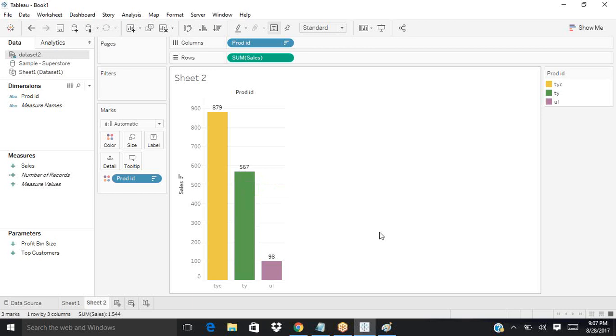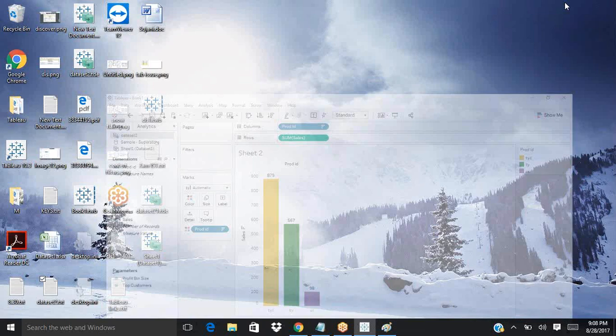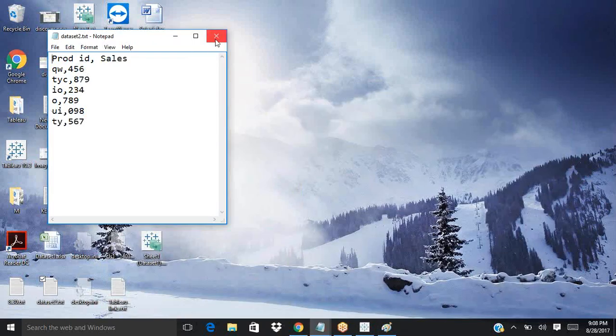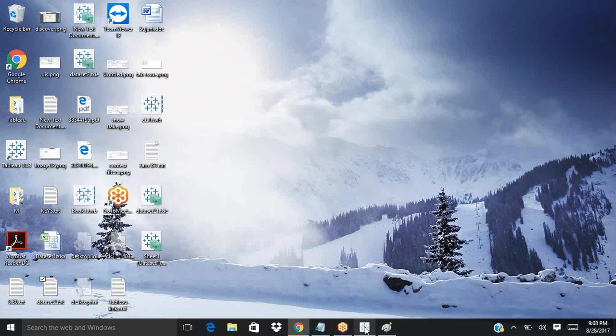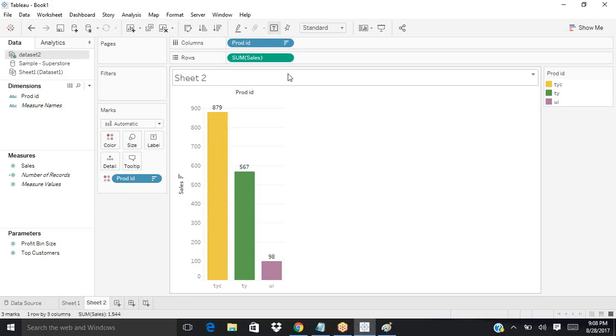If you remember, at the notepad level we have 6 records, but why are we displaying only 3? We have edited it, we have filtered at the TDE level. Was that clear, guys? So this was filtered at the TDE level. That is the reason dataset 2 has 6 records, but here it is displaying only 3 records. The main reason is